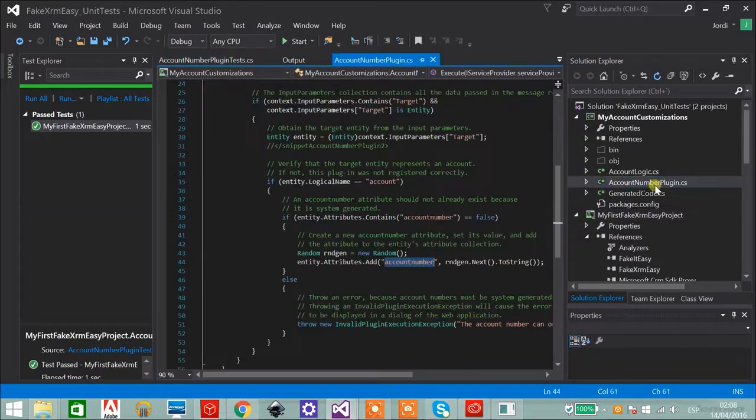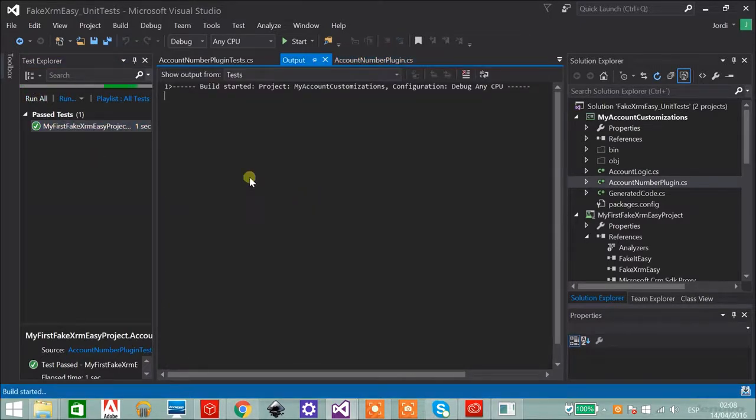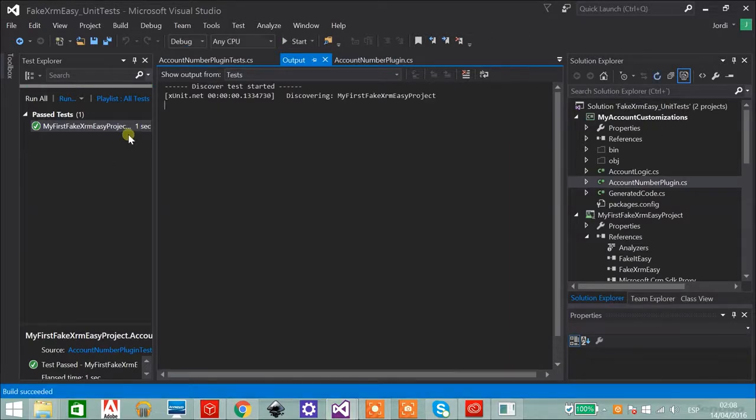I could go to the account number plugin and say, for example, this is changed to something like this, right? I can rerun the plugin code, the test code, sorry, and that will fail. So I will realize that I made some changes to the plugin that is actually breaking this test,